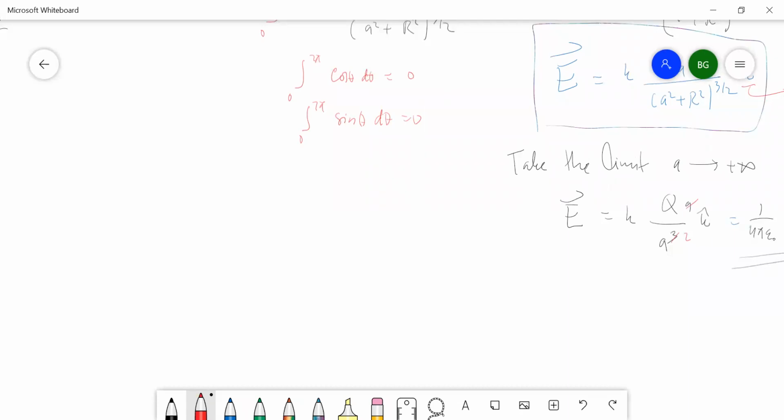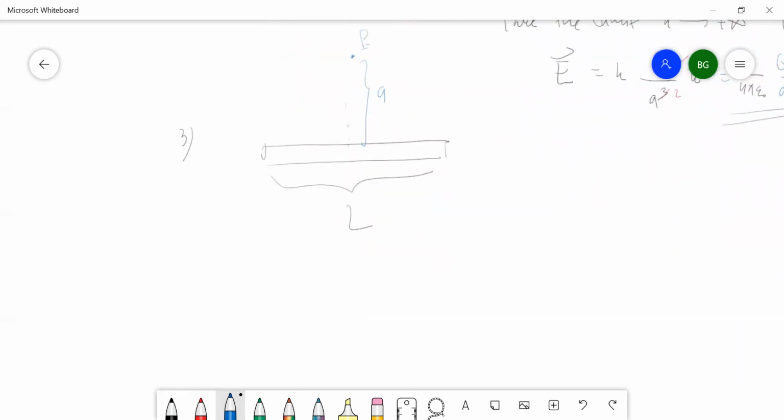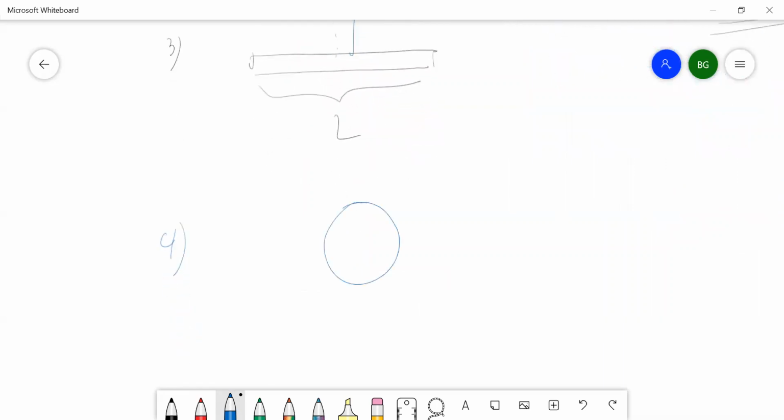Okay, maybe I will explain a more complex example. For example, like this. If you have a road, this is R, this is L, and you take, for example, the point P here. So this is A, for example. That's quite complicated. And also, for example, if you take the ring like this,